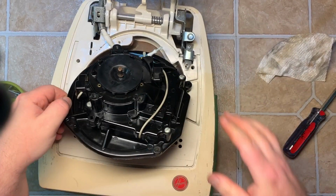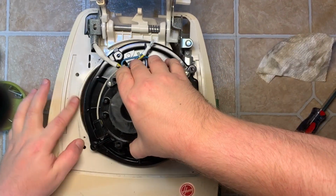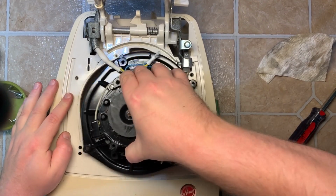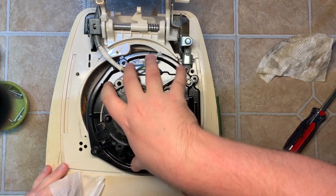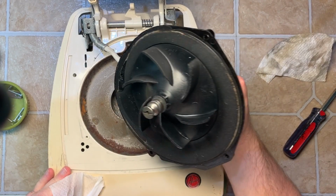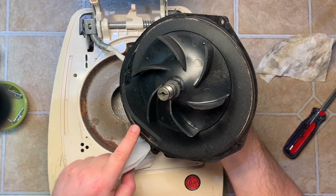All right, now let's do this. I'm actually gonna wipe that off first before I put it back on. Nothing special you have to do with the seal. It's like this never really wears out, so